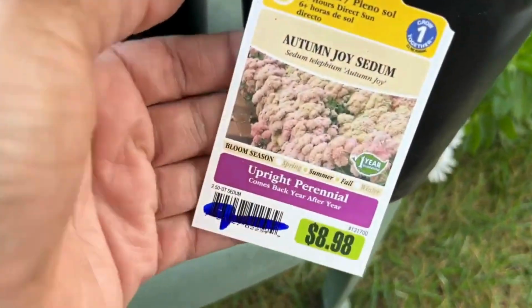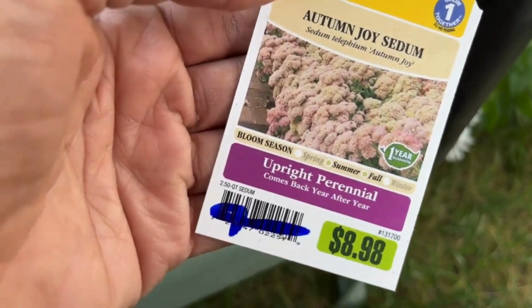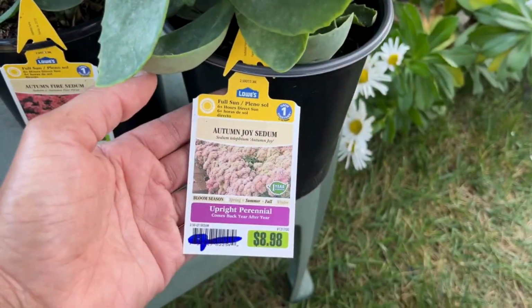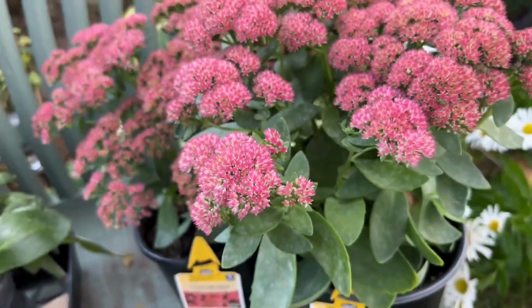So what I can tell you, in summer it looks more like this, the Joy. In fall right now, it looks more like this. So there's a difference there, and it's just the season, because with most of your plants, the colors just change